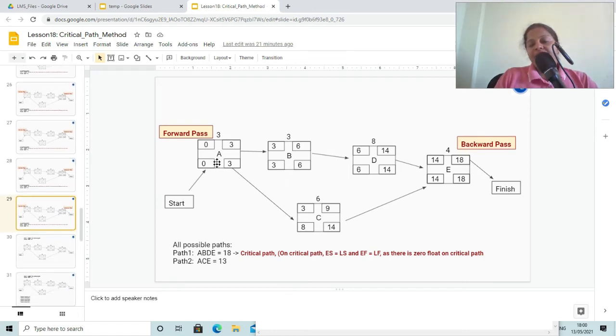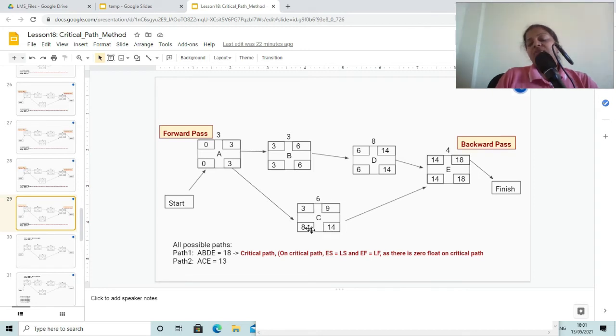Now here we can observe that on a critical path for each of the activities, the early start and late start are same. Early finish and late finish are same. Here also early start, late start is same, early finish and late finish is same. Similar is the case for D and E. But here activity C, this is not on critical path.